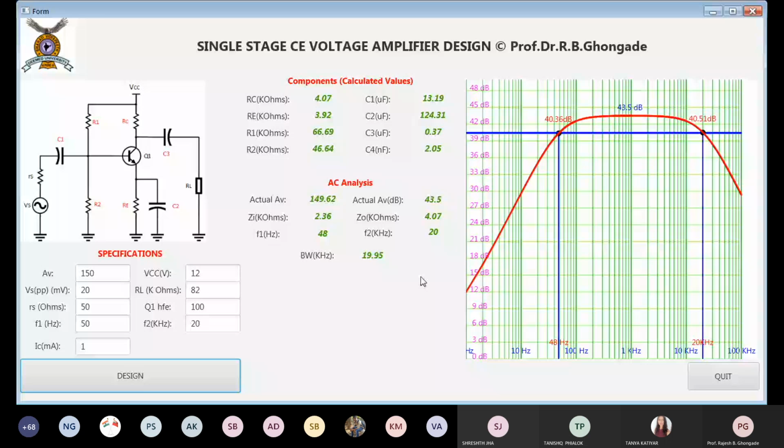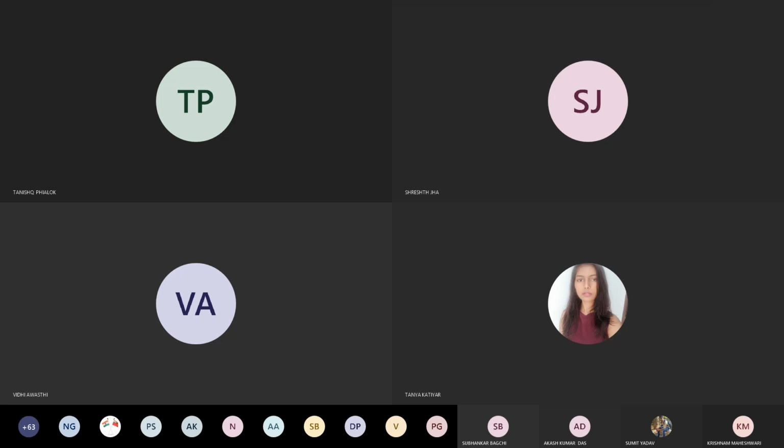But does a third-party software like Multisim agree with this for performance of the circuit in the desired way? That is what we will see. So just let me switch to Multisim.